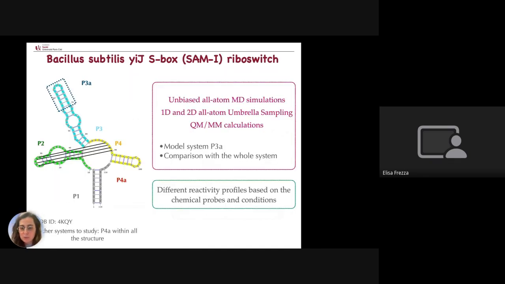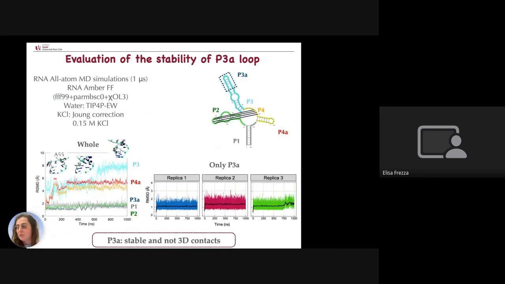So to do so, we started with a model system, the SAM-I riboswitch, which is a well-known structure for which we have plenty of PDB structures and plenty of data in our lab, and we started with one-dimensional biased molecular dynamics simulations, 1D and 2D umbrella sampling, and QM/MM calculations to study the reaction. And to do so, we have different reactivity profiles to try to have a prediction for the chemical probes and conditions. So first of all, we verified that the RNA is stable